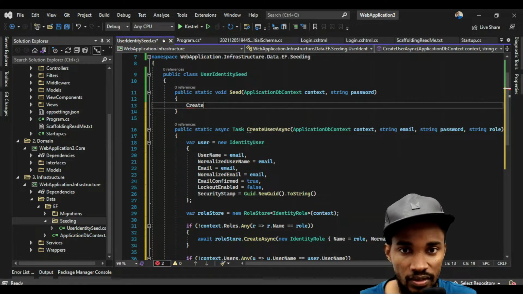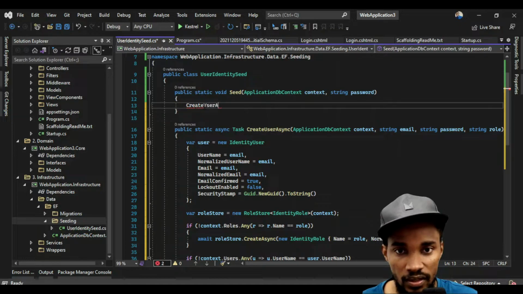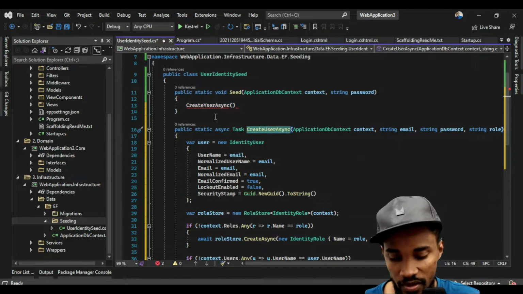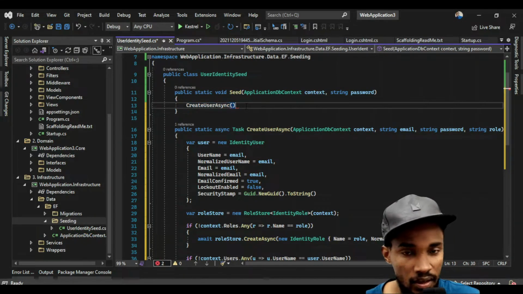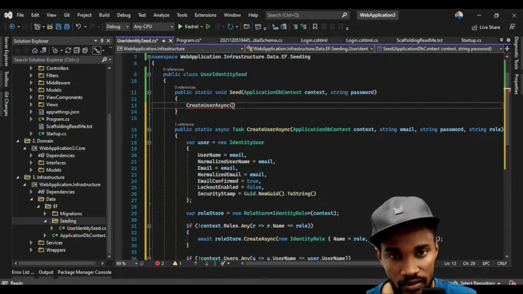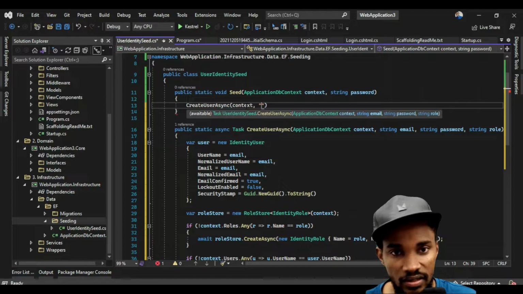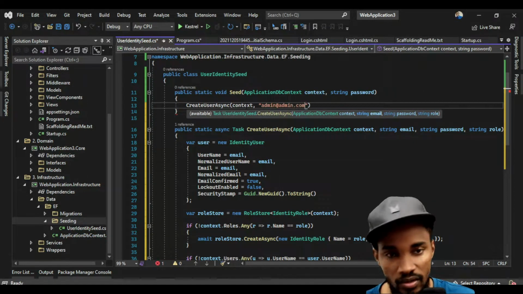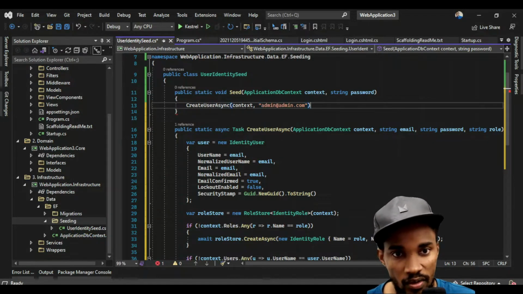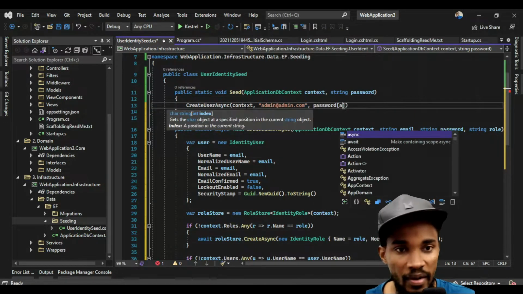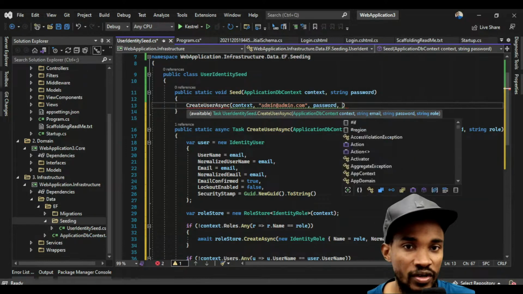Let's just say CreateUserAsync, and sorry, let's just copy that, and then we can say context. We pass in the context, we pass in the email, which is going to be, the first one we want to create is an admin, right? admin@.com, and then we pass in the password,